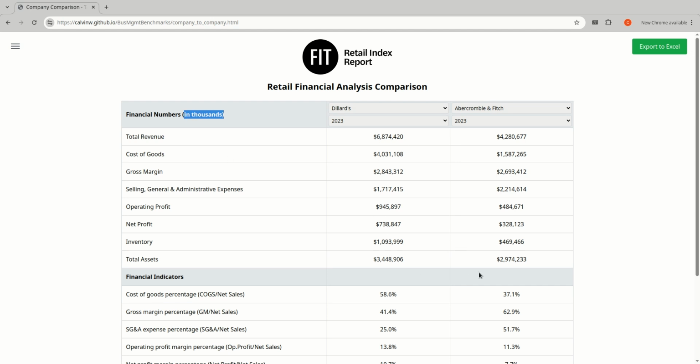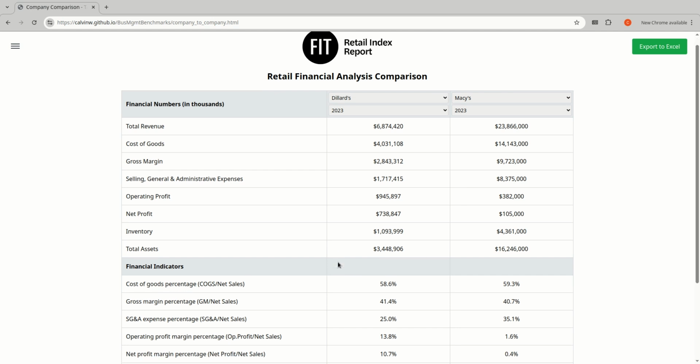In this case, they happen to be dollars, but in that original company, that's a British company, so those were not in dollars there, but they were still in units of 1,000, right? So let's go back to Dillard's. So this is the data for the year 2023 for Dillard's, and maybe I want to compare that to Macy's over here from 2023. So up here I'm seeing the side by side of the financials,